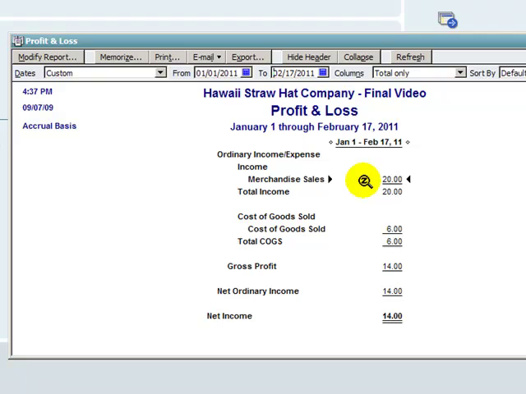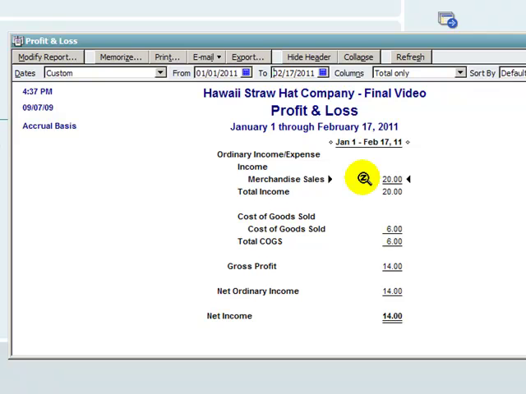Now if this were Hawaii, it would be recorded as $21 because we have what's called an excise tax, and then we'd actually have an expense called excise tax because the tax is on the business. But we'll assume this is California, and we're going to set this up as a sales tax, and therefore we record $20 here, which is the revenue of